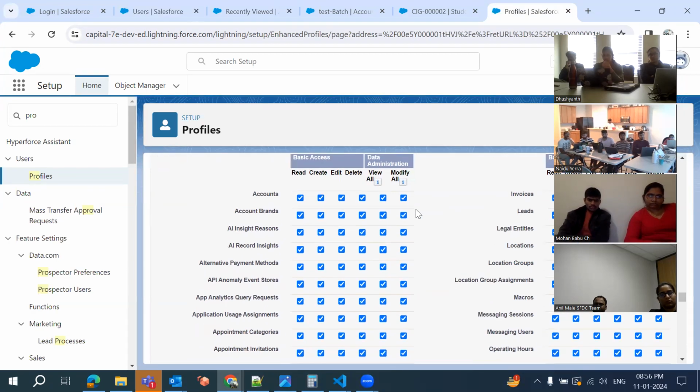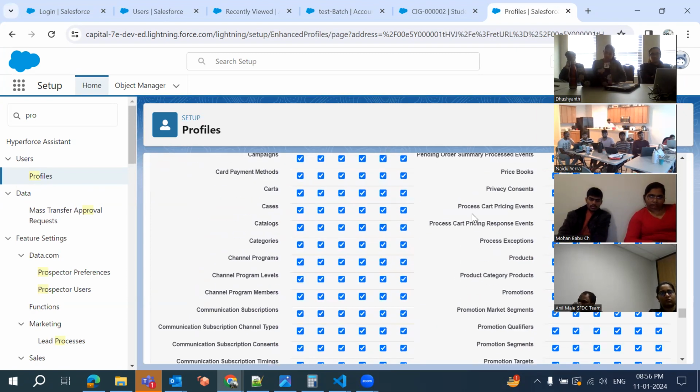Along with this, we have the view all access. View all access means whoever has this profile can read all the data. They cannot modify and they cannot delete, but they can read the data. So I will play with these